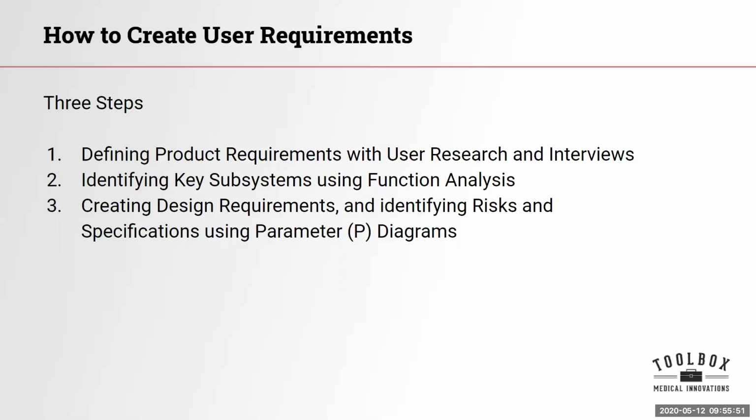By going through a function analysis, or FAST, you could put down on paper exactly how the product will be used and acted upon. Once you have that product use flow, each function are your key subsystems. After identifying your critical features, whether they are harmful, performance-related, unique, or difficult, they are then applied to the parameter diagram, or P diagram, to elucidate the inputs, outputs, noise, and controllable and uncontrollable parameters, which become your design requirements,